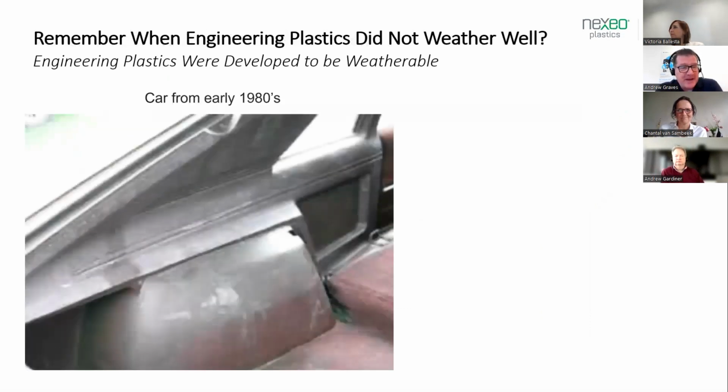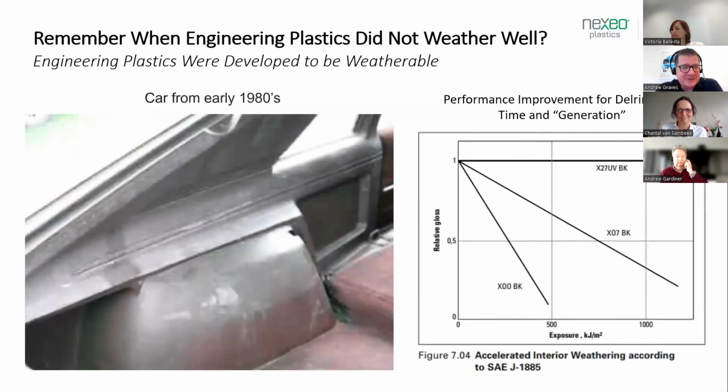So do you remember back in the 1980s when the plastics used in cars really weren't that weatherable? There's a picture there of a 1980s car, and the plastic is deformed and cracked and discolored. And as an example, Delrin is a material that is used